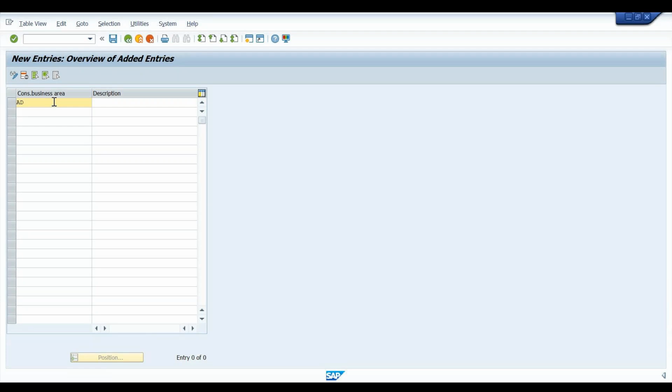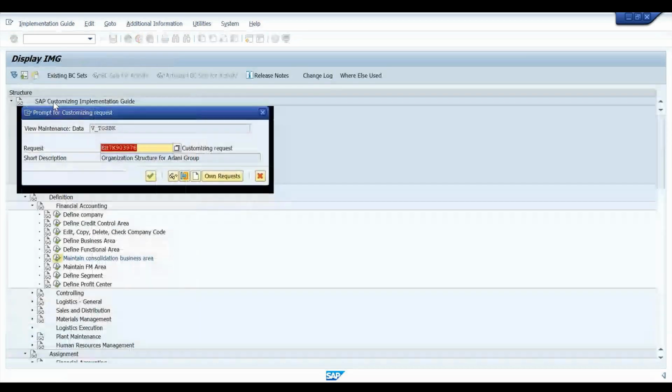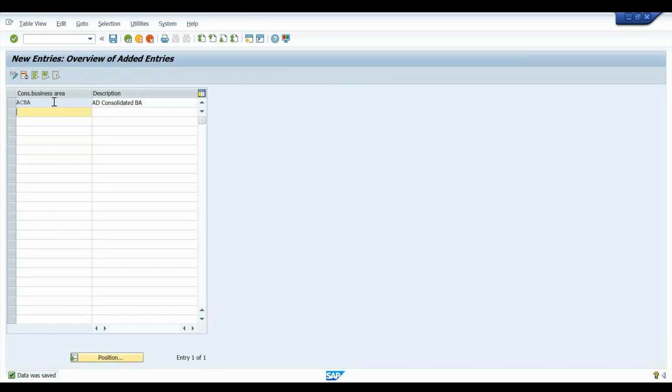So CBA, CBA. Only four alphanumeric digits. ACBA means AD, Adani's CBA. So AD consolidated business area. I'll just write the short form BA. Enter and save it. Once we create a consolidated business area,